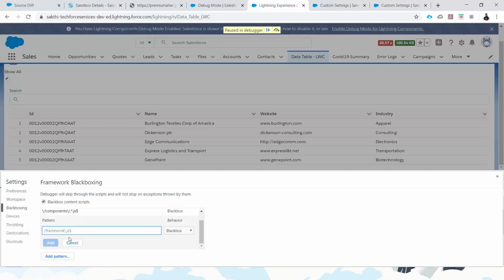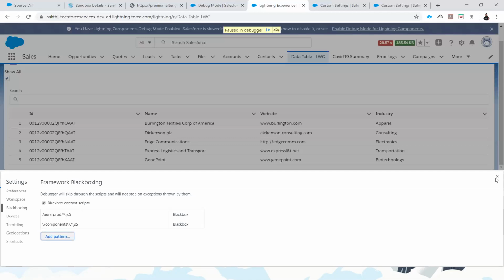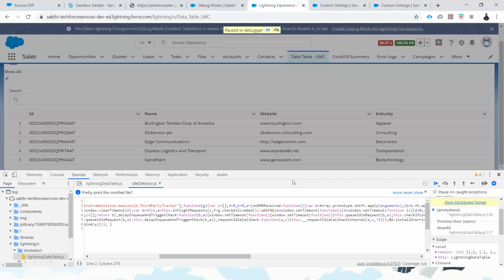So you can add your JavaScript file to skip whenever it's causing an exception. So this is the one thing I would like to highlight here. You need to go to the settings, click the settings, and utilize this option.